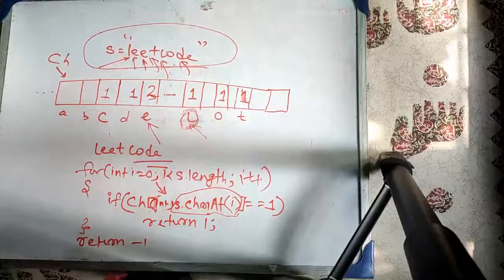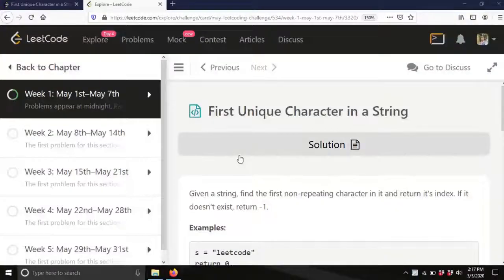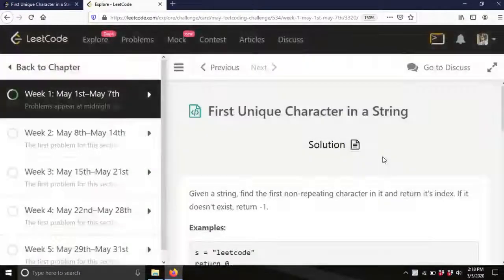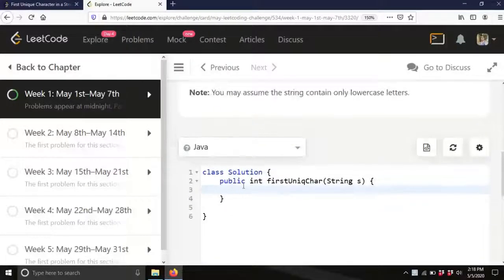Now let's code. Hope you know the logic. First, I have told you that we will create a lookup table, so int ch equals new int 128.